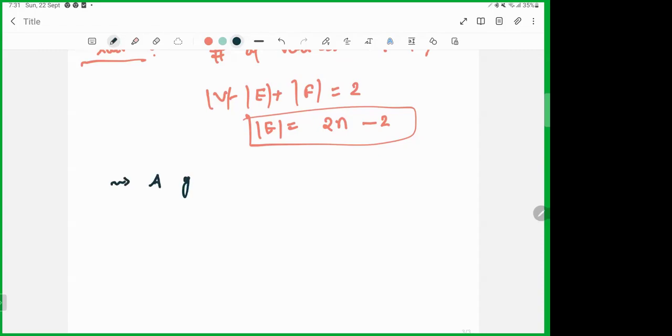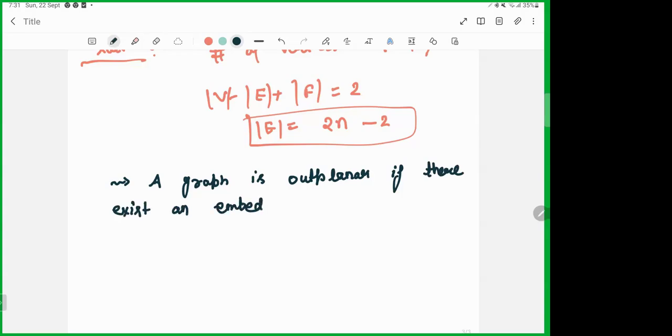A graph is outerplanar if there exists an embedding of the graph on the plane